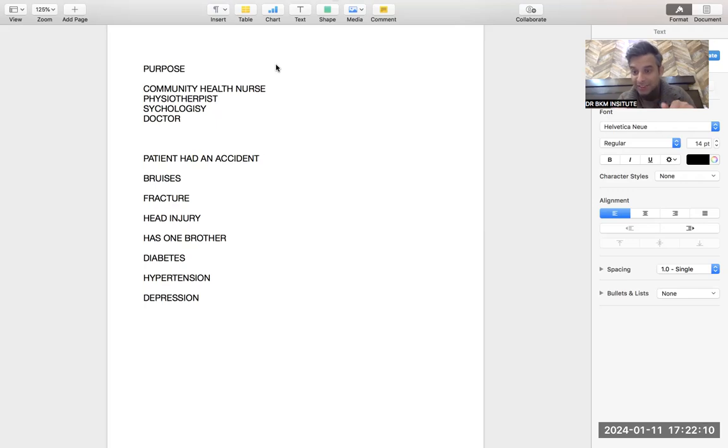Please listen to these lines again. Pause it, listen to it again. Who had a fracture due to an accident, or who had an accident leading to fracture, full stop. Required treatment was given and his condition has improved, full stop. But after a full stop, rather than "but", the better connector is "however". However, comma, he needs follow-up care.